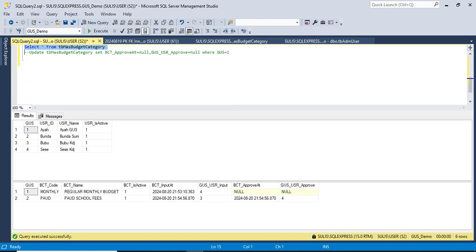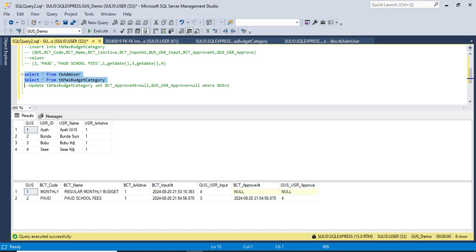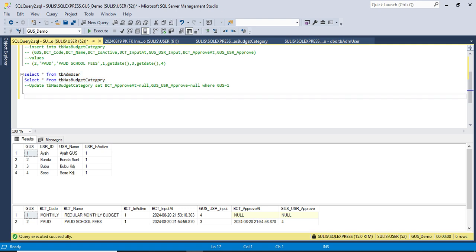Now I want to combine select statement from these two tables. Okay, we will now use the inner join.